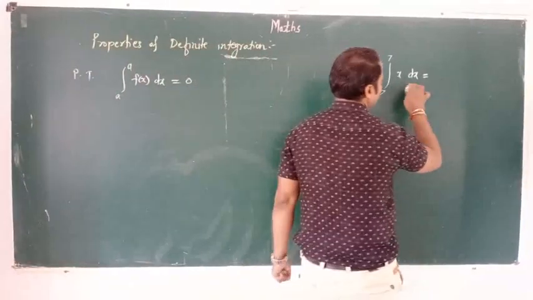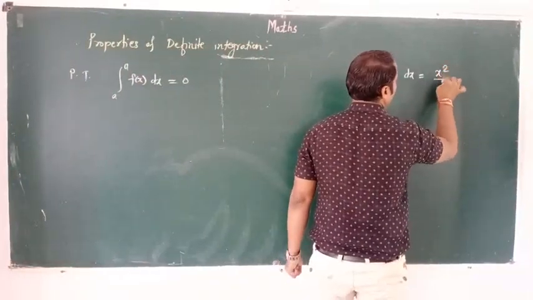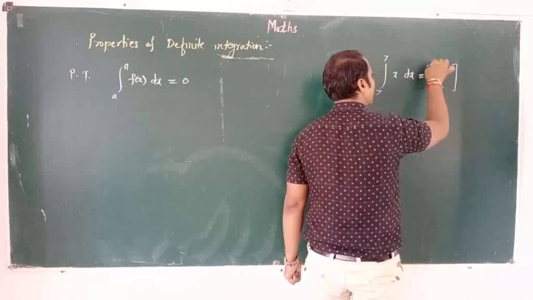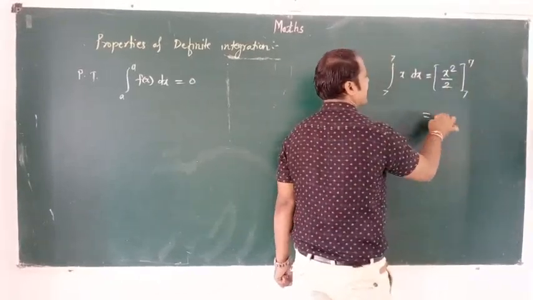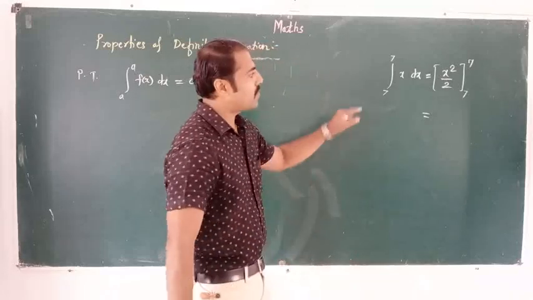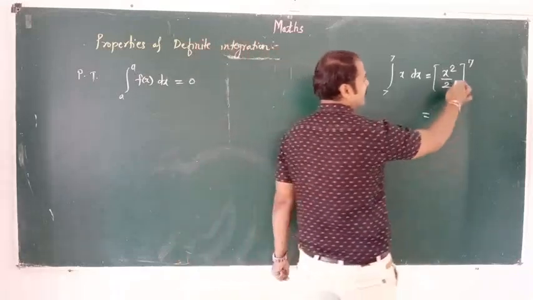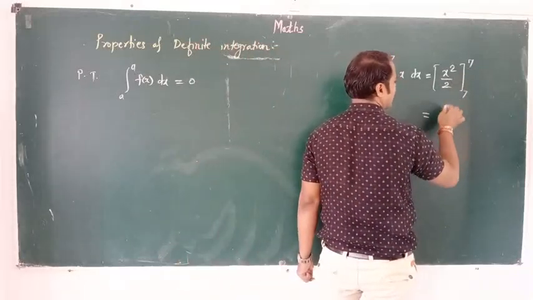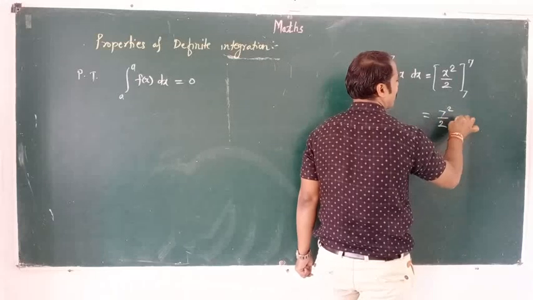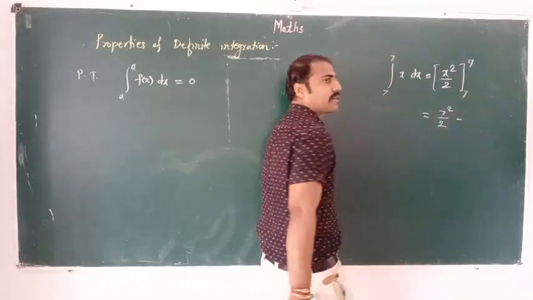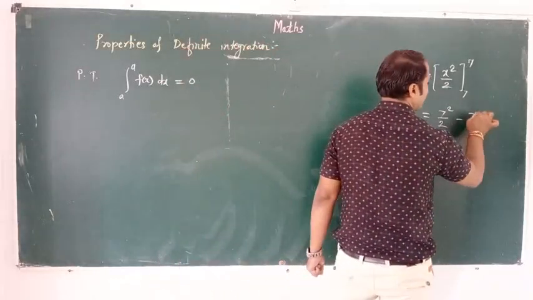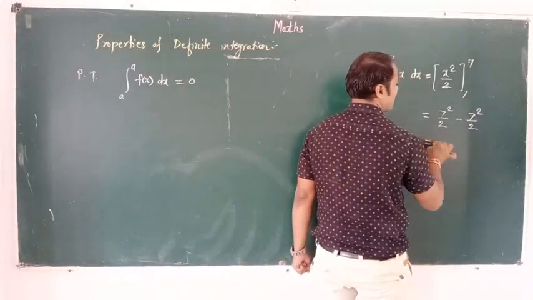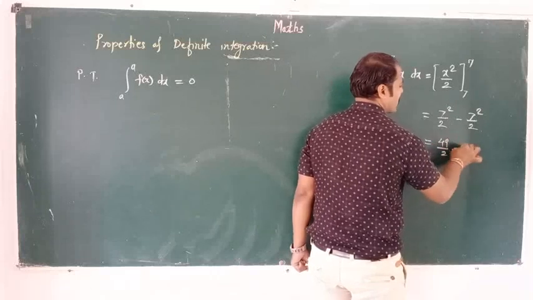Yes, the integration of x is x square upon 2, and the value of the primitive from lower limit 7 to upper limit 7 is equal to the value of the primitive at upper limit, 7 square divided by 2, minus the value of the primitive at lower limit, replace x by 7, so it's again 7 square divided by 2. 7 square is 49, so 49 divided by 2 minus 49 divided by 2,